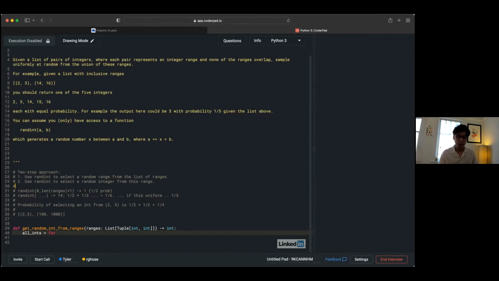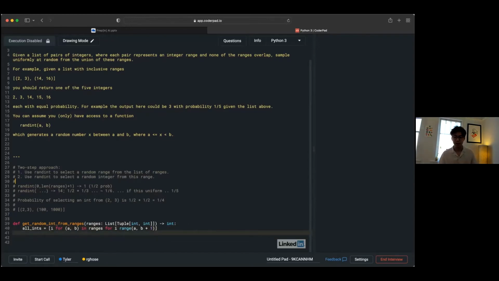So if I go through each A, B pair in my ranges, and for each range iterate through all the integers in that range, I can use the Python built-in range and go from A to B plus 1, because these ranges are inclusive, but Python's range function is right endpoint exclusive. Then if I collect that into a list, I think that will give me exactly what I want.